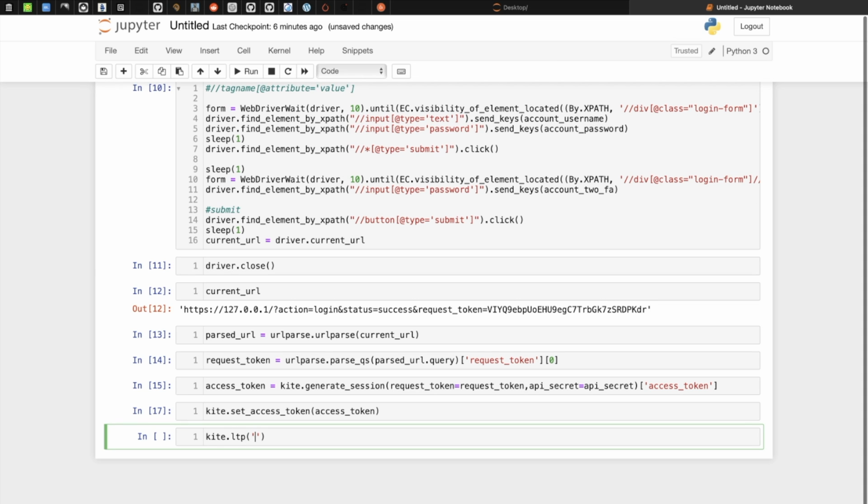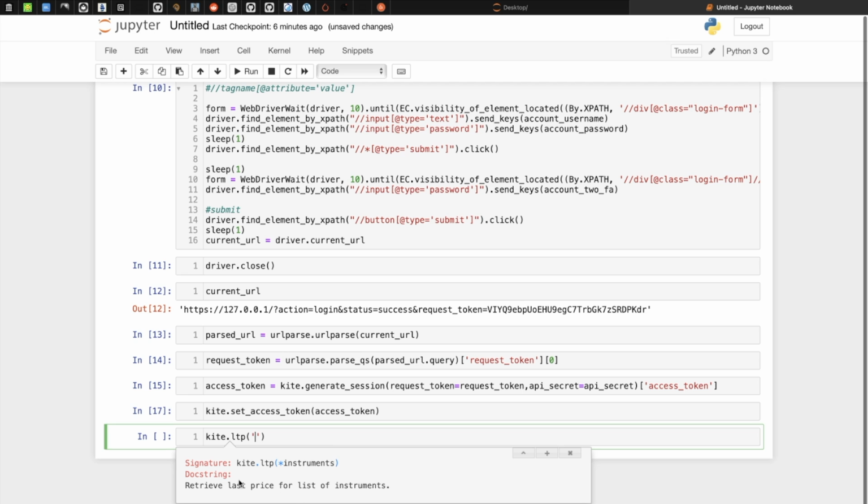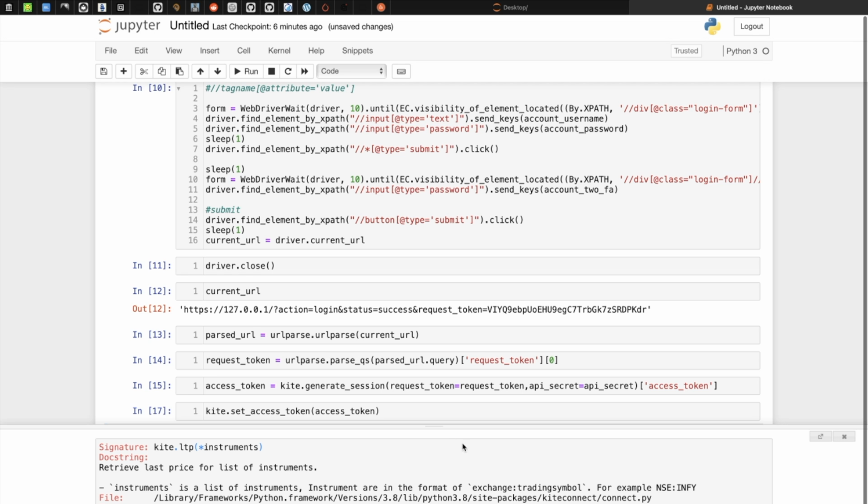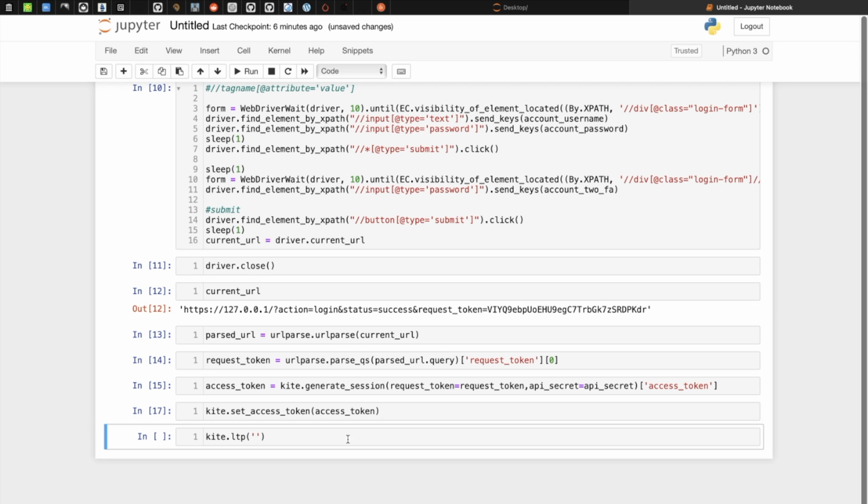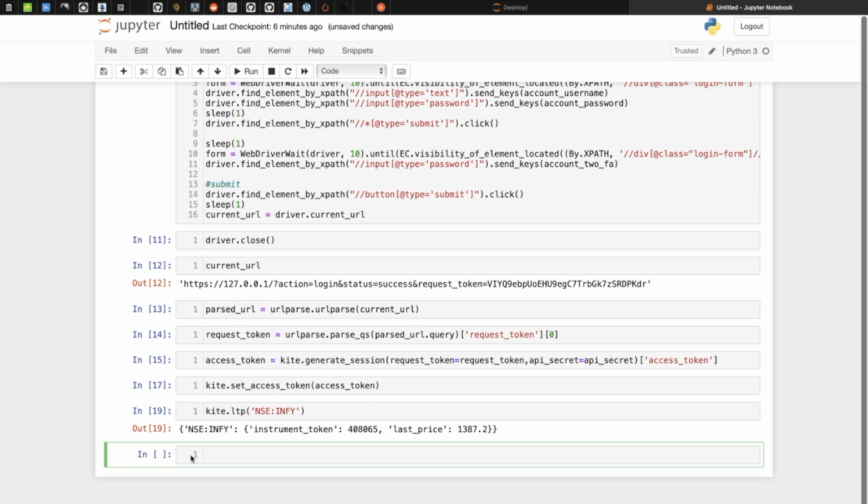We can use the exchange and the instruments. Let's try, for example, NSE:INFY. So yes, we have got the Infosys last traded price and the instrument token.